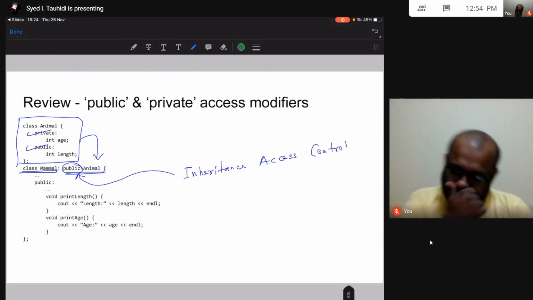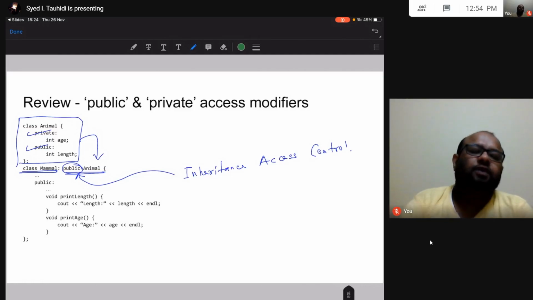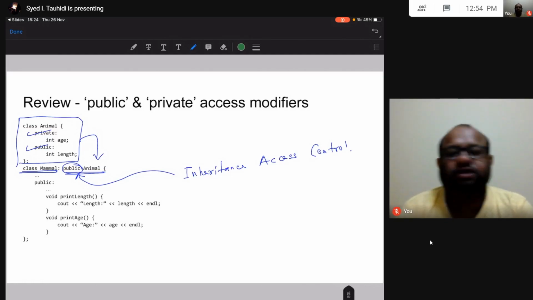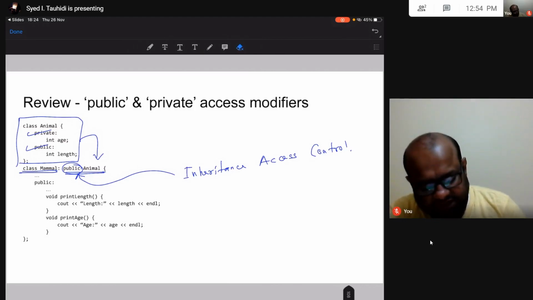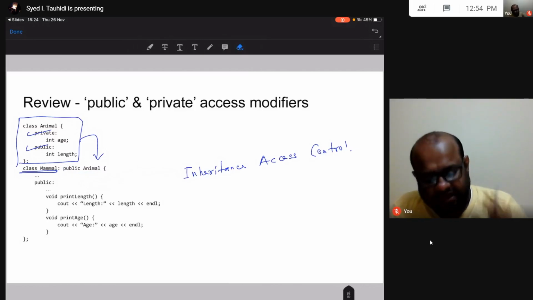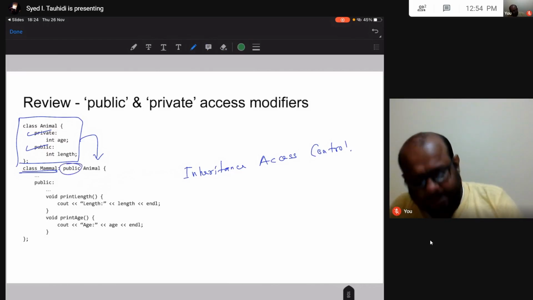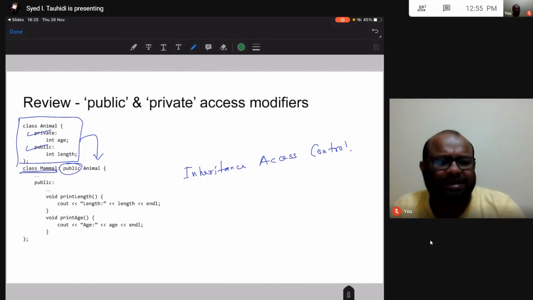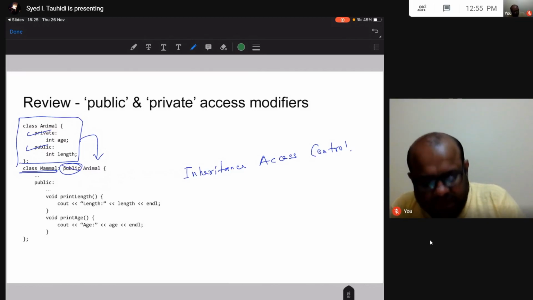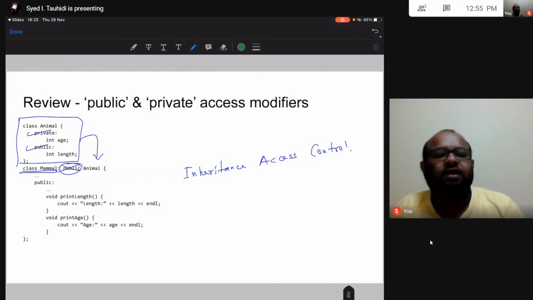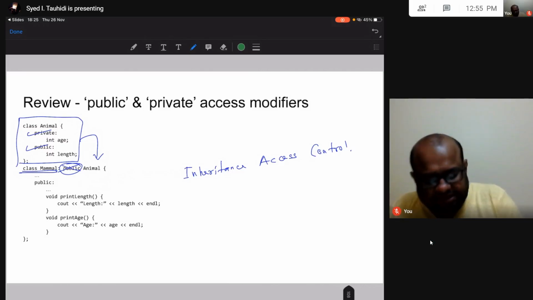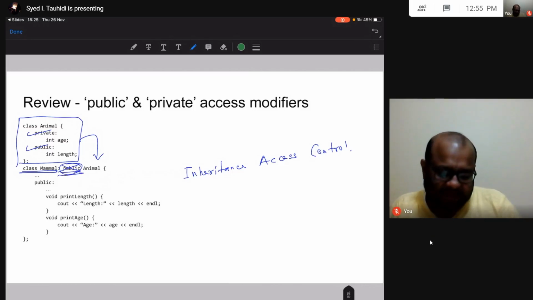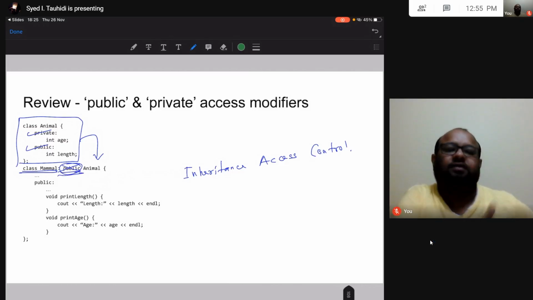This is used to control this access. During inheritance we will soon talk about this. Let us talk about the rest first and then we will come to this. At this point just ignore this. For the rest of the discussion in this slide, it does not matter what is here. Instead of public you can write private or protected, but whatever we are going to discuss is not going to change. This actually influences further inheritance.